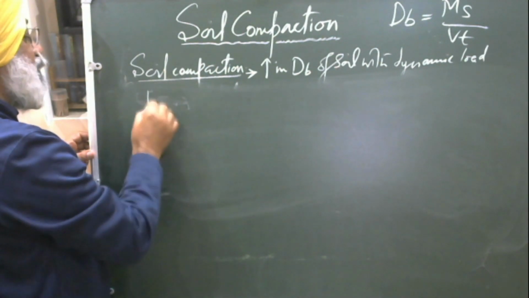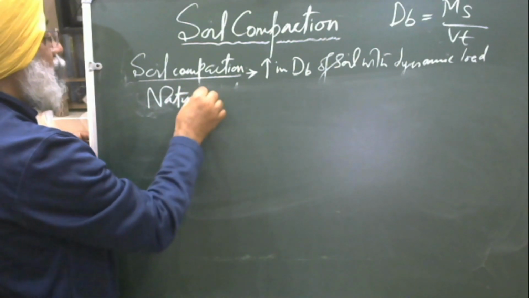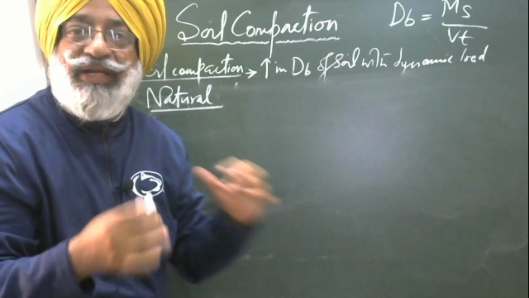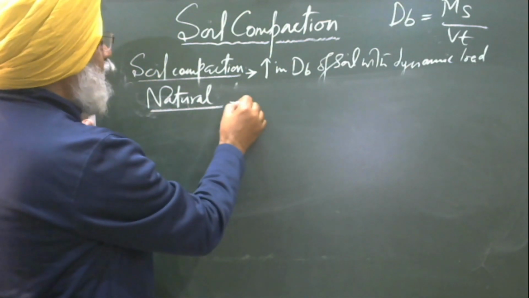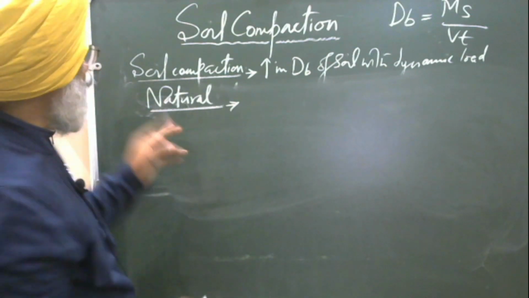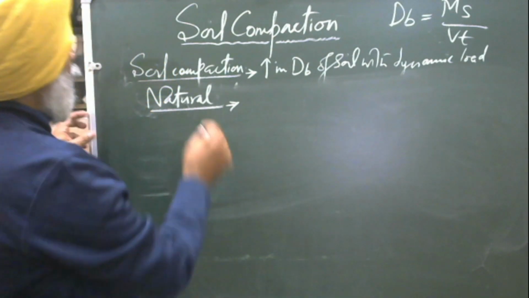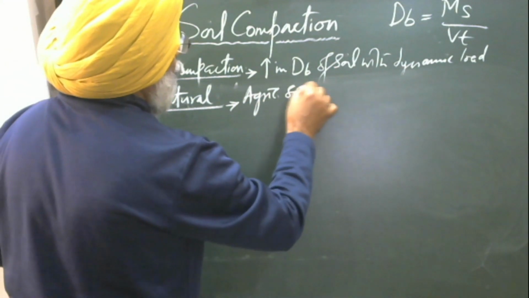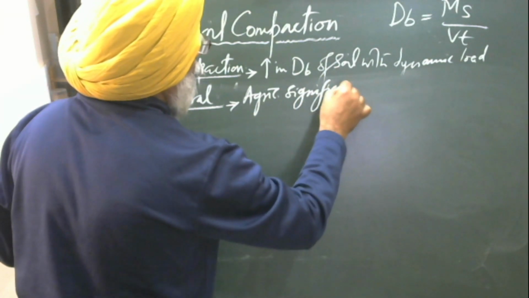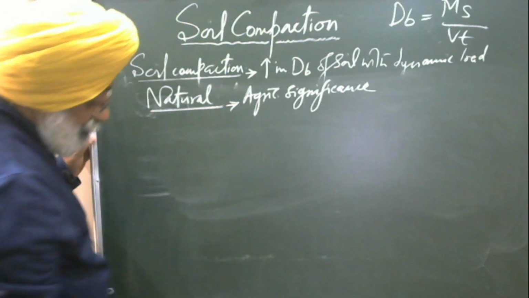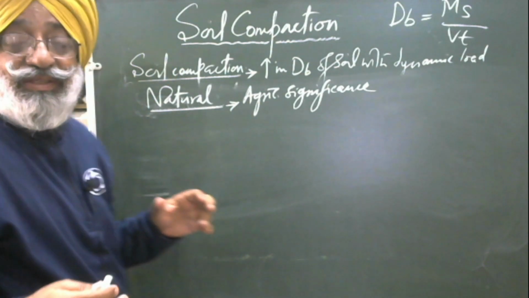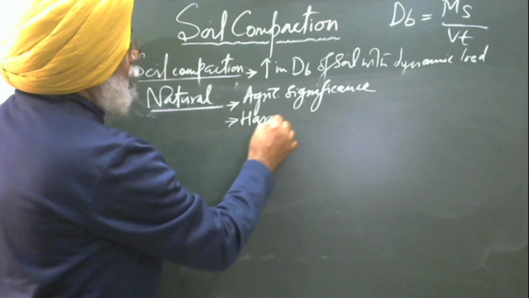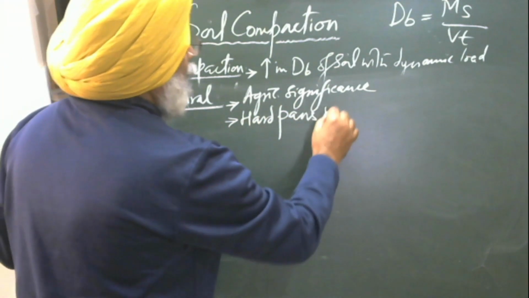So compaction could be natural, that means you are not artificially compacting the soil, it could be natural. You can also compact the soil artificially, but first of all, under natural conditions, and this is of agriculture significance, you have certain types of hard pans within the profile,